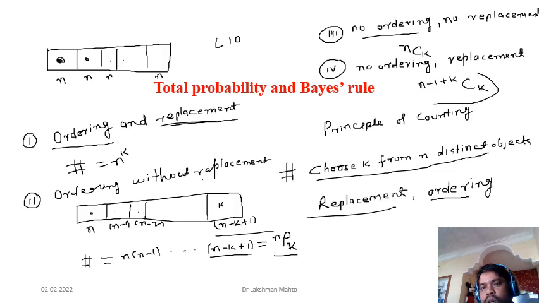This is a formula for no ordering with replacement. So today I won't discuss. Just think it over. The derivation is very simple, and I will discuss it in the next class. If you fail to explain this one, then I will discuss how it comes about. So right now just focus on the fourth one.